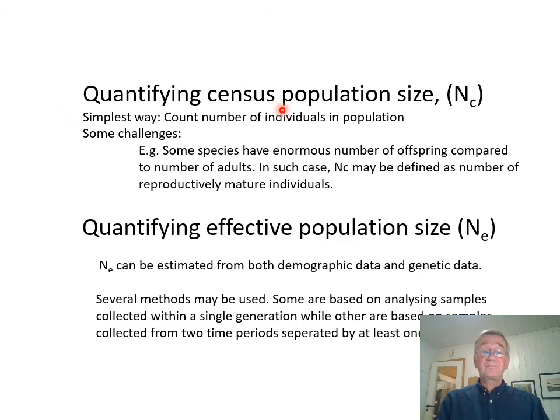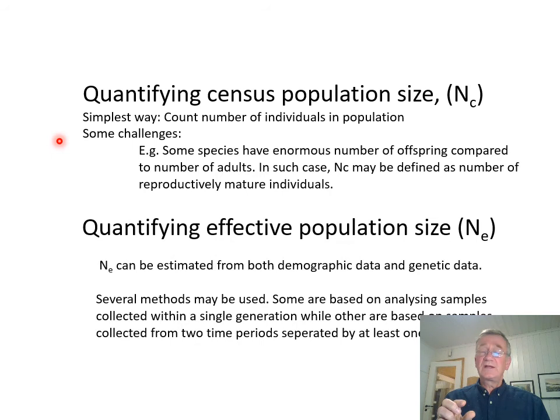population. Then to find the census population. But there are some challenges. For instance, you can think of a population of a species that gets an enormous amount of offspring. There are a lot of individuals in this population, but a huge part of this population is just larvae or small offspring, newborns, and